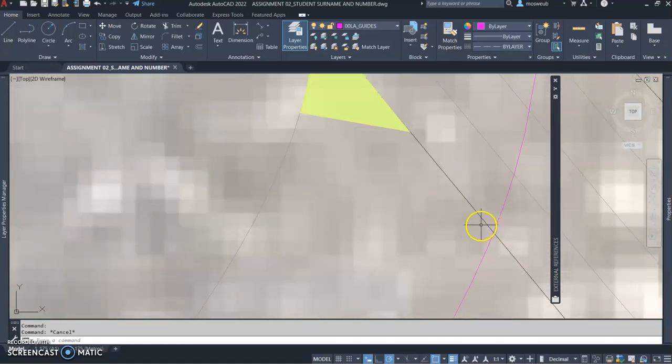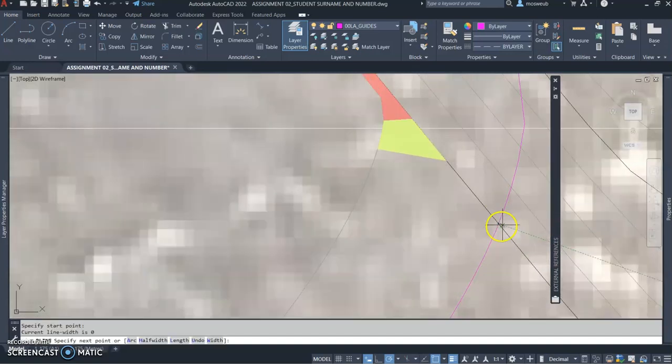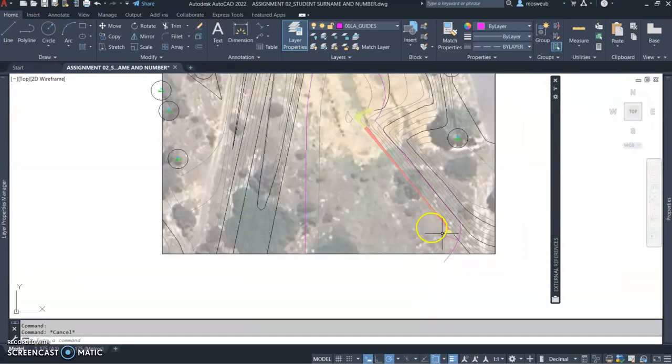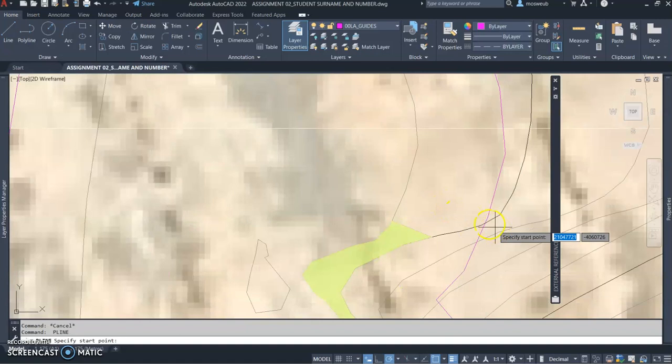So we want to just take a polyline from there, starting at the intersection, and then draw that line at a perpendicular angle against that bottom contour. Then the next intersection, again we draw a line perpendicular to the bottom contour. To make sure that you are drawing